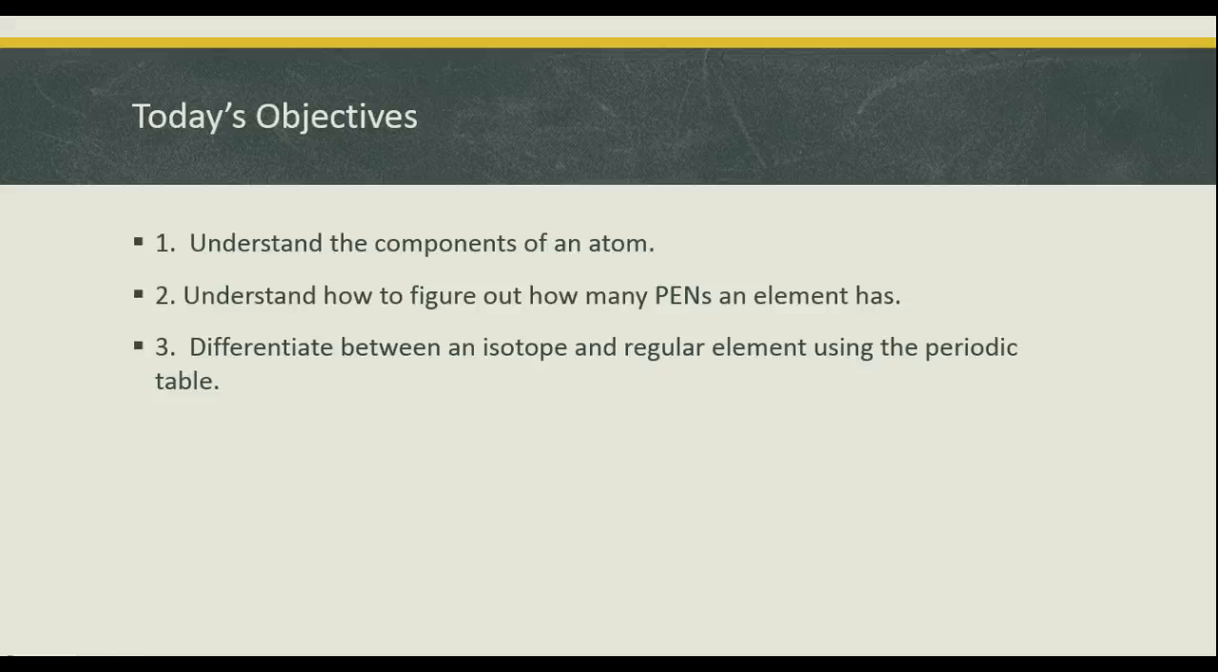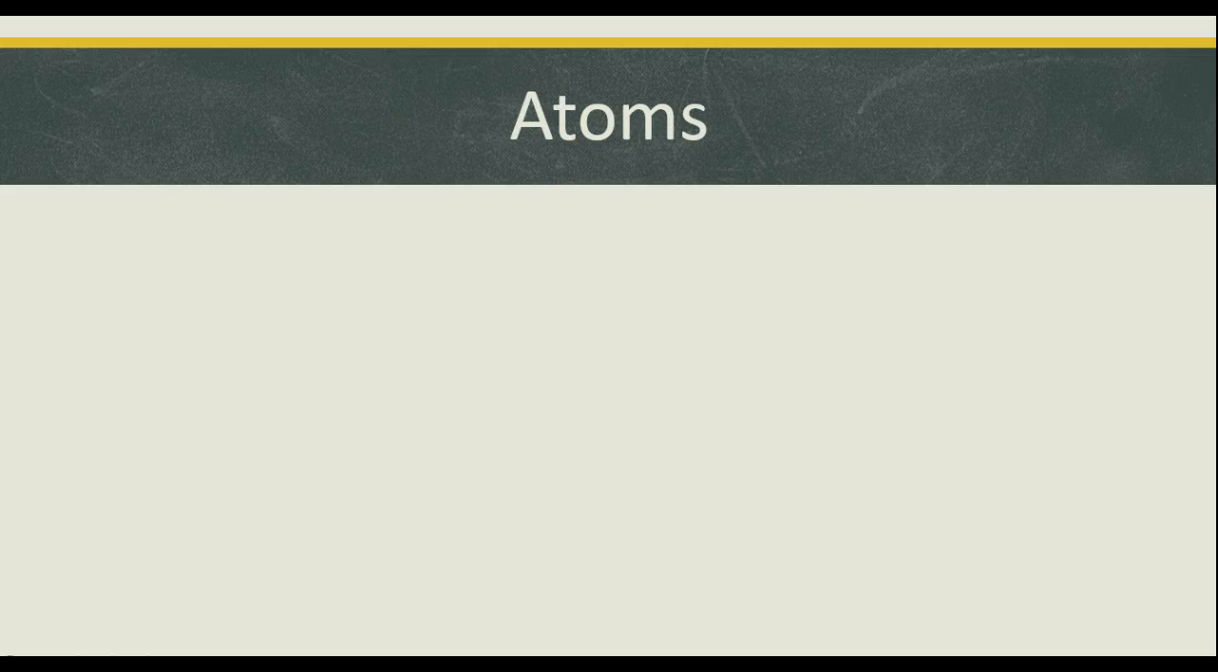It's the Geek. Today's objectives are to understand the components of an atom, understand how to figure out how many protons, electrons, and neutrons an atom has, and to differentiate between an isotope and a regular element using the periodic table. Today's first topic is